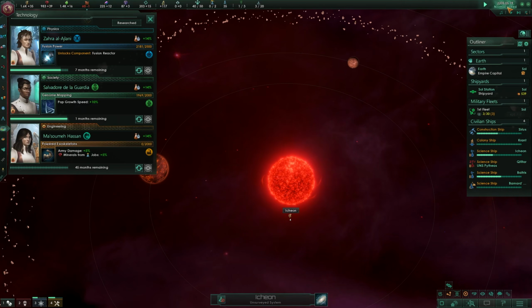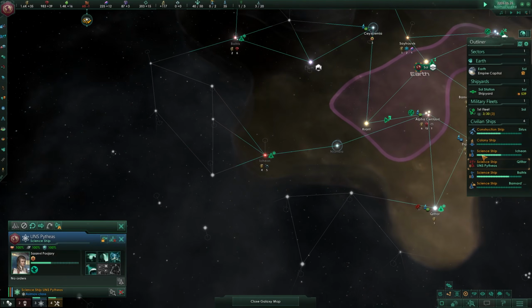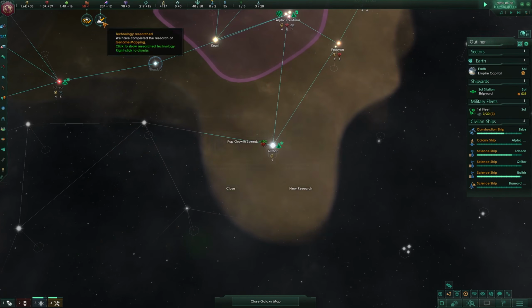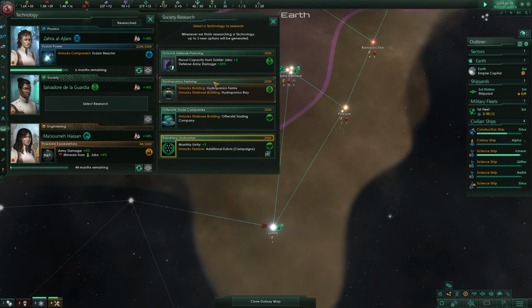is going to be finished now as well in 10 days. And I think another science ship is ready to do something. There it is. Research complete. And there's the pop growth speed. So pops on planets grow 10% faster now,